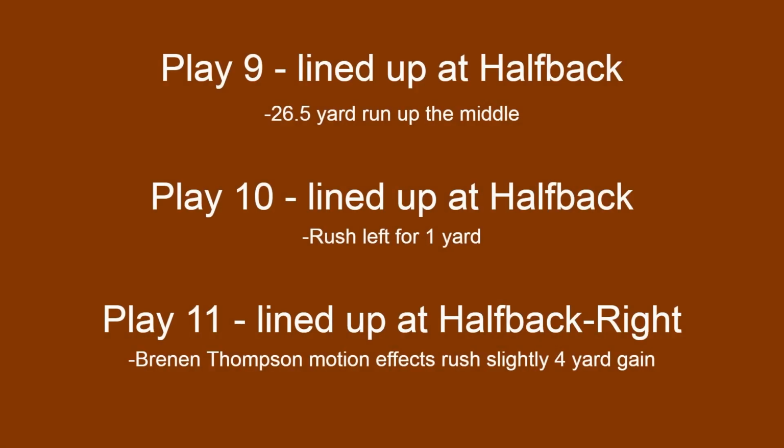Okay. So play number 9, Keilan Robinson lined up at the halfback this time. This is a 26.5 yard gash up the middle. And you see Keilan Robinson's speed on display, full power. This is why I say using their speed is so important for a guy like Keilan Robinson, because in a blink of an eye, he can be 10 yards down the field, and you don't even know it. All it takes is one wrong step, and the play's done.